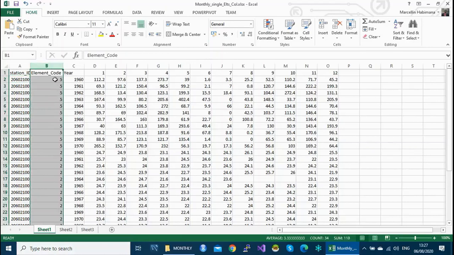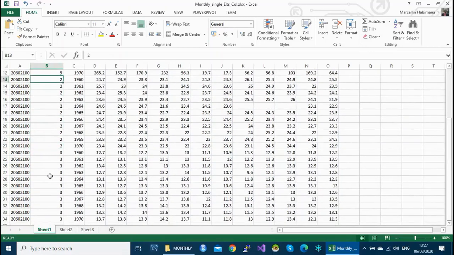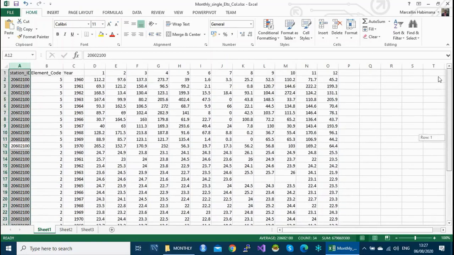As you can see, this is element code 5, which is precipitation, code 2, which is maximum temperature, and code 3 for minimum temperature for one station. This is only one station, so you can have a lot of stations.